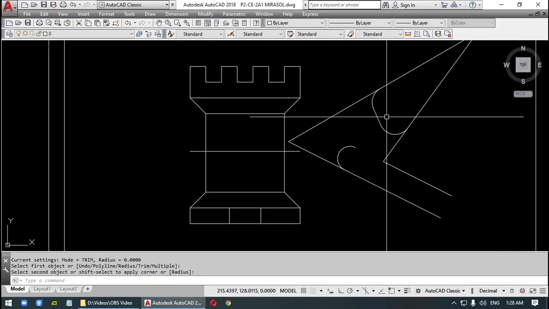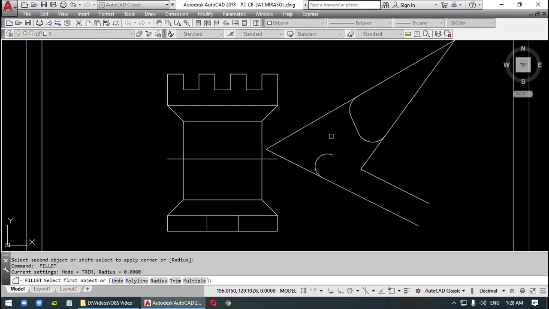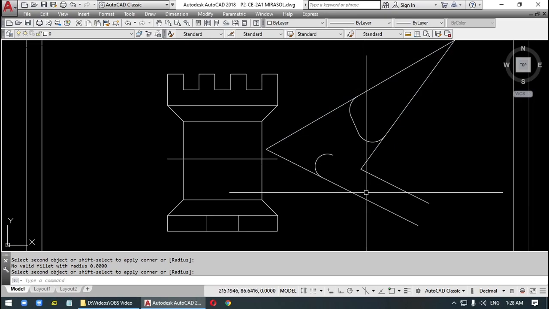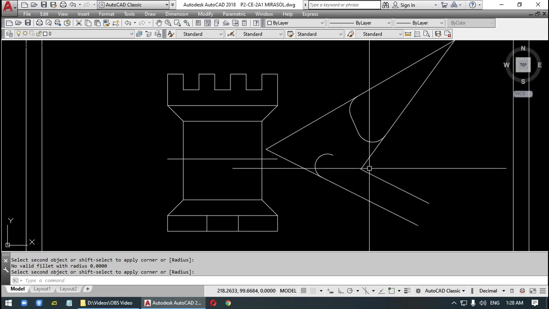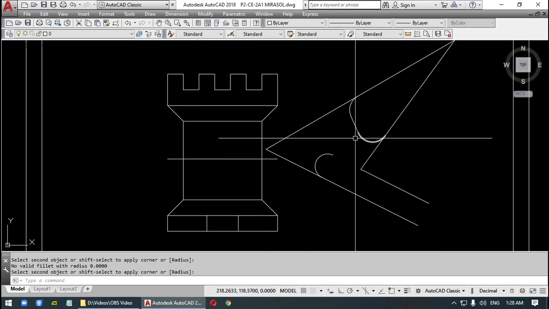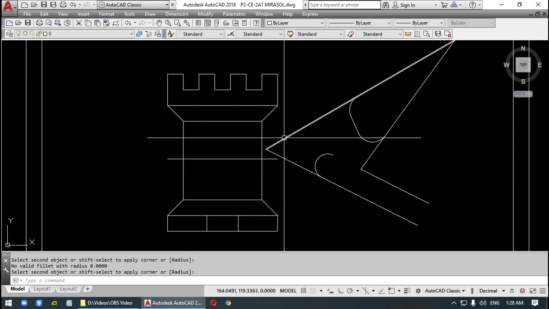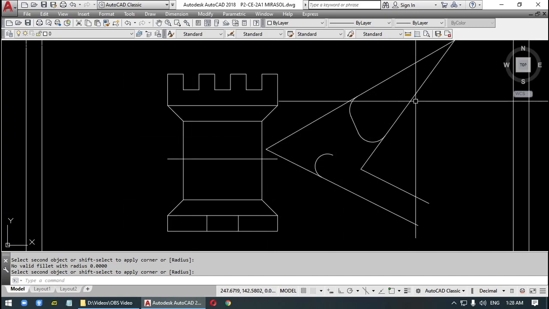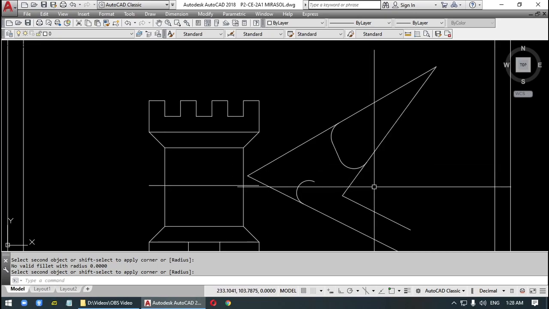Yes, but if we click this one and this one, no, because it will not intersect. If we extend this, it will not intersect, only on this side. Okay,